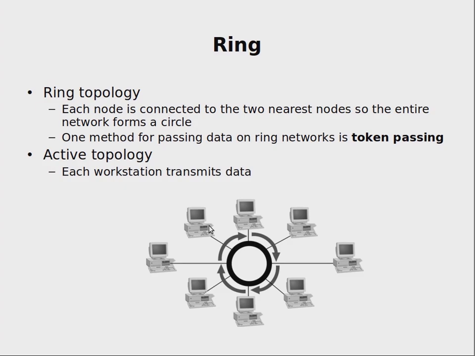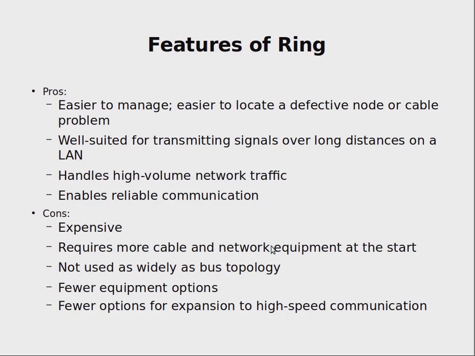And the good thing about this ring topology, or talking passing, like plug passing who is talking, is good from a congestion perspective, because if some of these devices have nothing to say, they just give this token to the next device. But this token may be lost and it needs to be created by some more equal nodes than other nodes if there is no token passing through these networks. So how the entire system works is more complicated, and therefore such an approach to networking is not widely used anymore.